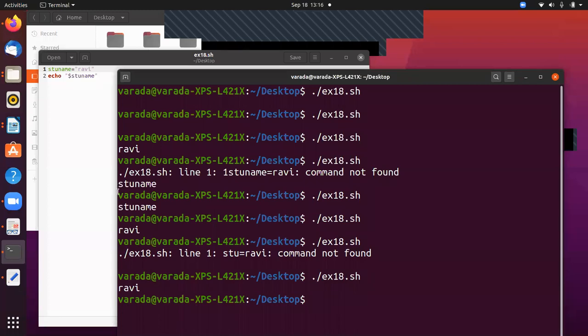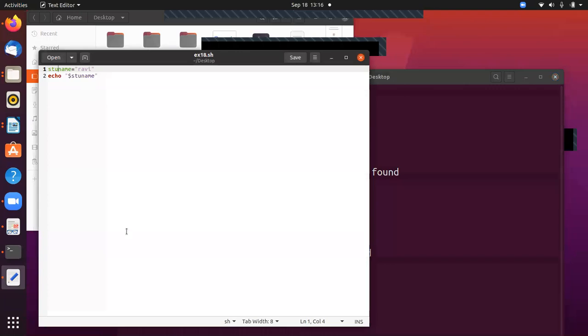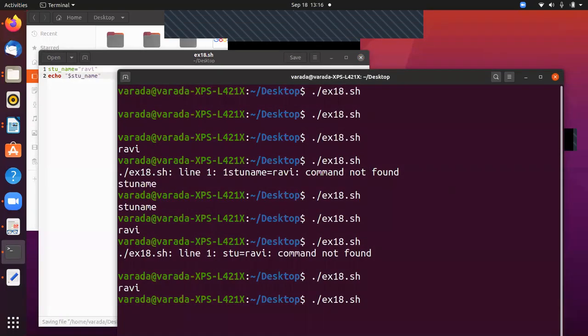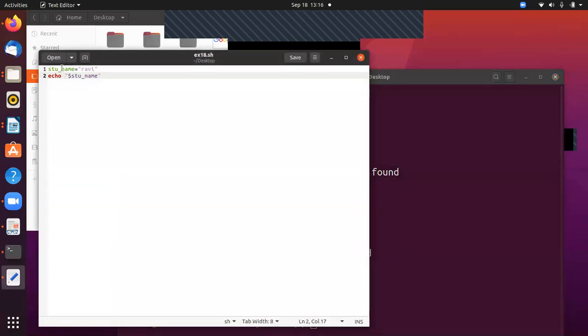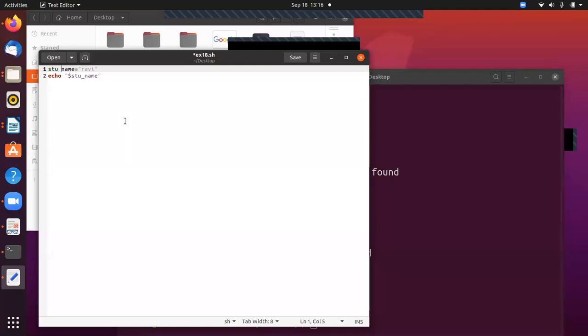And similarly you can use underscore also. For example, if I want to give a space, then I can use underscore. So stu_name, that is valid, and save. You can execute this program. Try it. Don't use spaces. Here I am giving stu space name equals to Ravi.